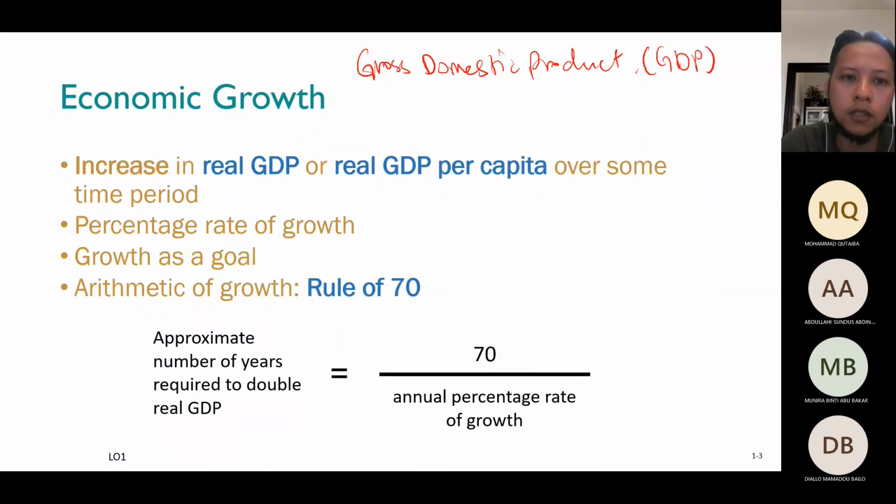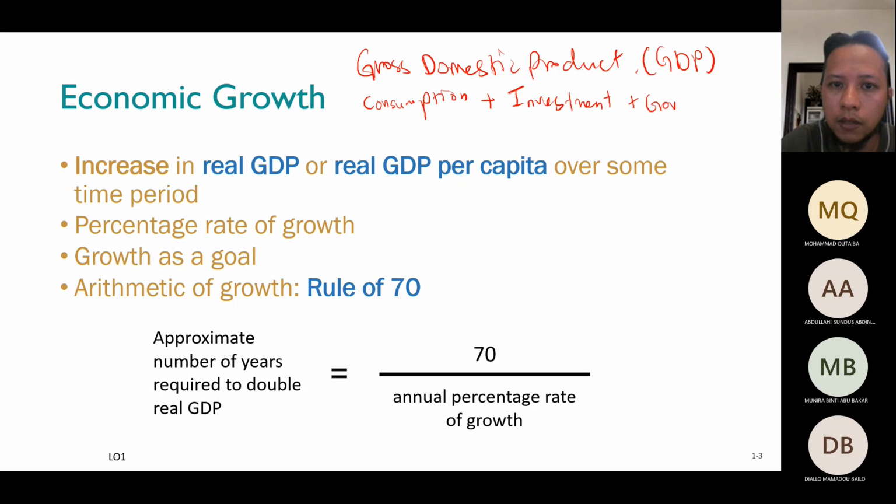How to calculate GDP: each country will calculate how much is the consumption, how much people consume, plus investment, how much businesses invest, and then how much the government spends, government spending,